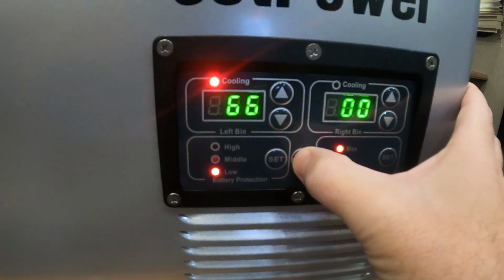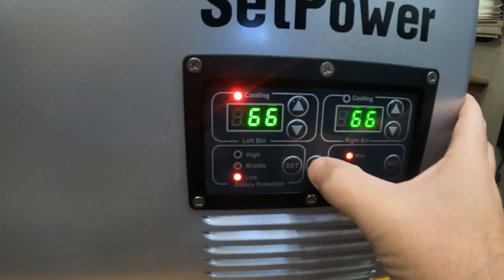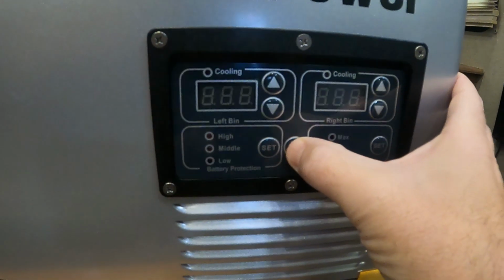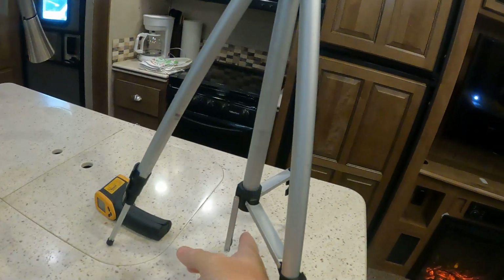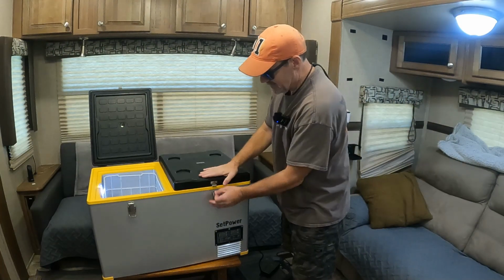Let me turn this off real quick because there's a test I want to do, and I don't want it to get an unfair advantage. Let me hold down the button. Sorry, I dropped you. Look at the tripod. The tripod's broke. Well, the first test I want to do is going to require these lids to be closed